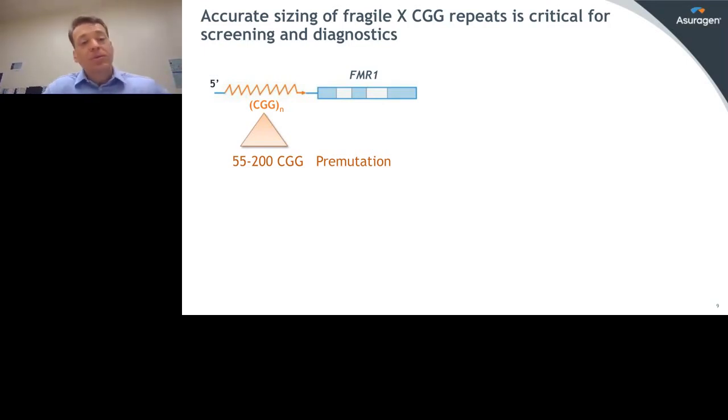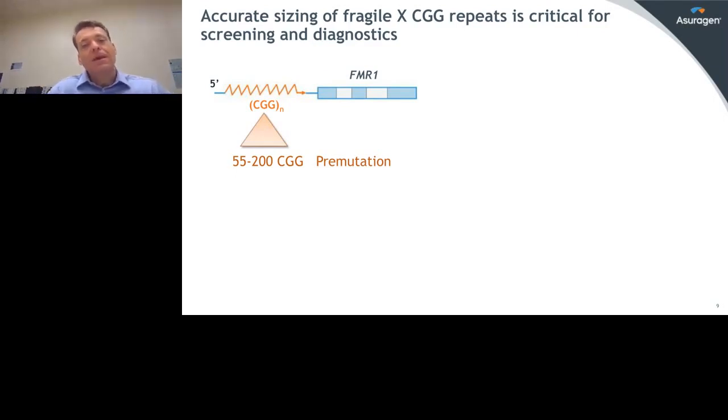One, you need to be able to differentiate true homozygosity in females from apparent homozygosity. In other words, it's advantageous to be able to have even single CGG repeat resolution so that you can tell the difference between a 29 and a 30 versus a homozygous 29-29, or a 29 that's heterozygous with a full mutation that using conventional PCR technology might drop out. In addition, because categorical boundaries are defined by a single repeat, it's important to have accuracy for the CGG numbers so you don't miscategorize the sample.